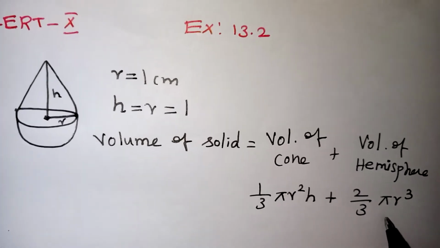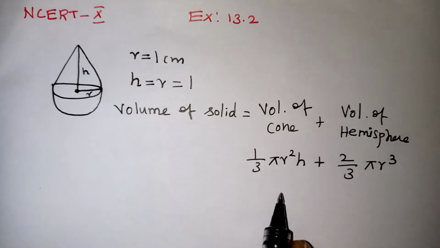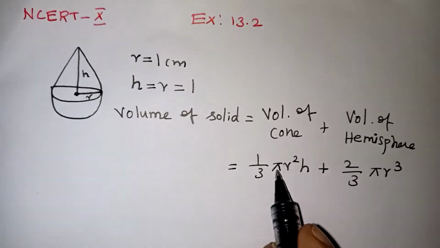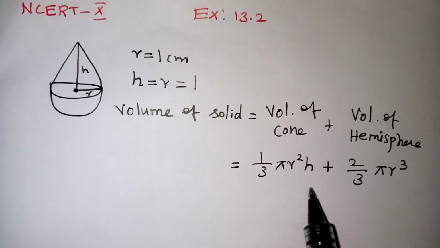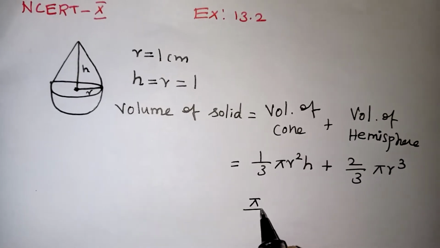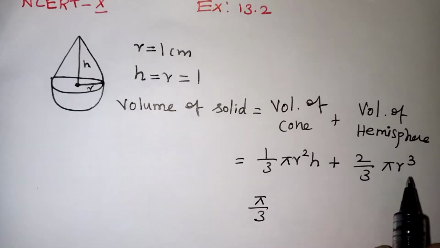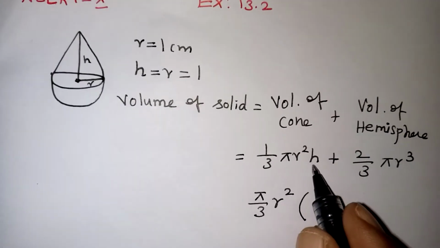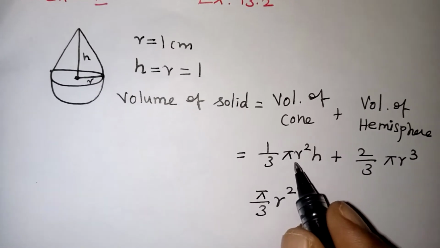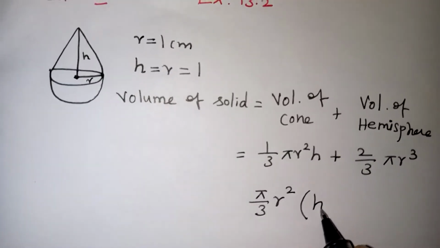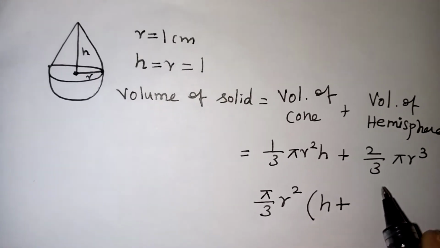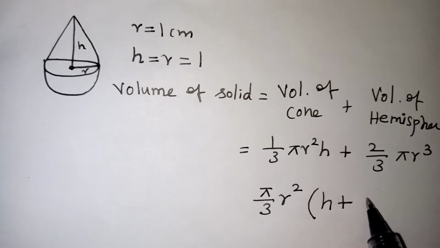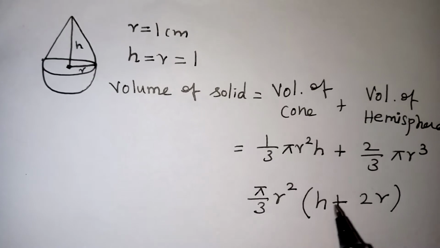This is your formula. Now for both the figures the radius is 1, so we can take the common terms outside, then we can do the calculation. Here we have pi, here also pi, and the denominator is 3 in both. So we can take pi by 3 outside. Here we have r squared, here we have r cube, so r squared is common, we can take it out. Now the remaining terms: here we have only h, because pi r squared by 3 we have taken out, the remaining is h. Write the h here. Take this plus sign. Here we have taken 3, pi and r squared, so the remaining is 2 and one more r. That r you have to write down.